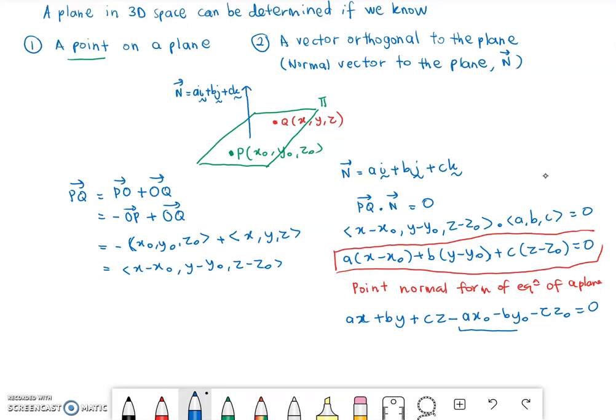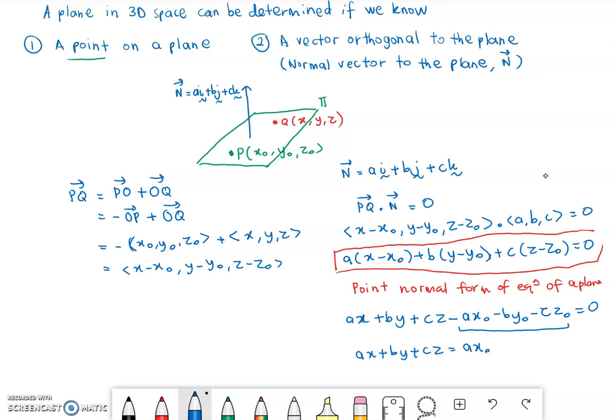Then we bring all these x naught, y naught, z naught to the right hand side. So we have ax plus by plus cz equals d,